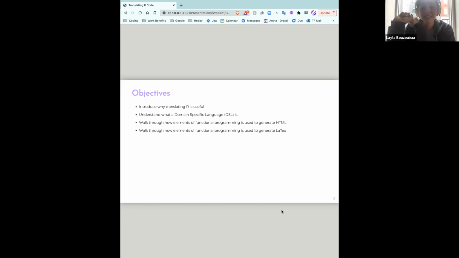LaTeX, but we're not. So I left in the chat that I haven't used LaTeX since high school. So I can't confidently present, I can't even confidently present what I'm about to present right now, but I can't even begin to talk about LaTeX. But I feel like as long as we get the gist of how translating is used, because